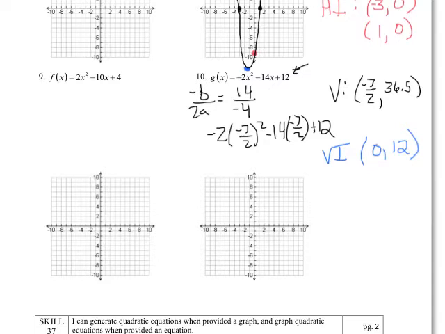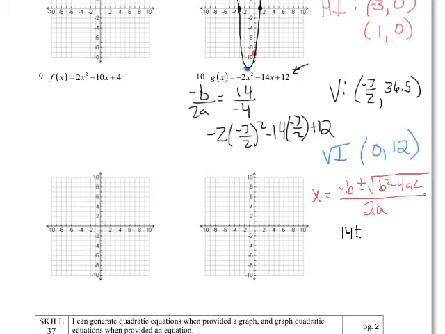To get our horizontal intercepts, we could try factoring, and if we went down that path, we would see that there is no possible way to factor it, at least not with rational numbers. So the next approach would be to use the quadratic formula to identify the roots. A little refresher: the quadratic formula is negative b plus or minus the square root of b squared minus 4ac, all over 2a. And if we start plugging in those values, we're going to get